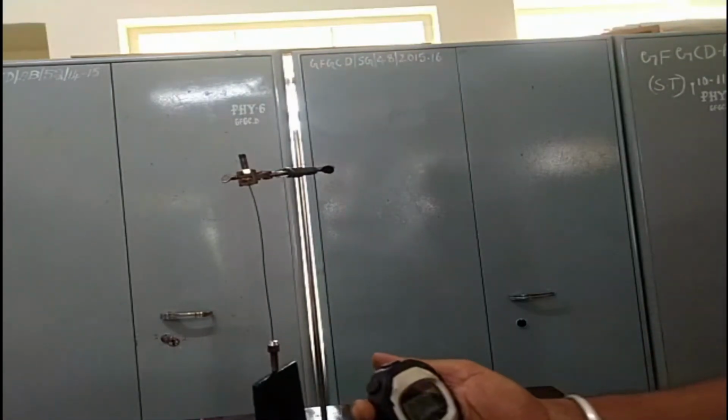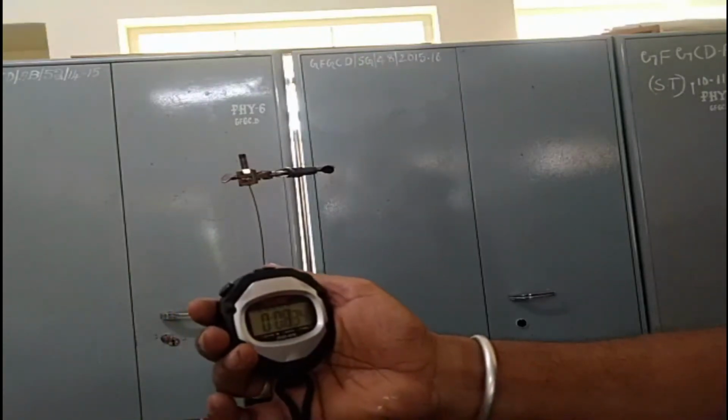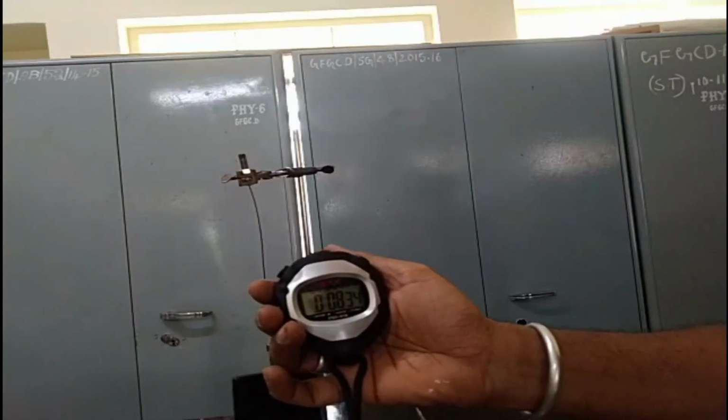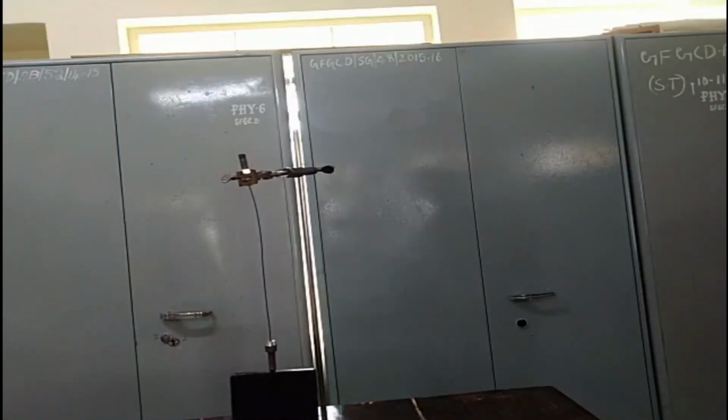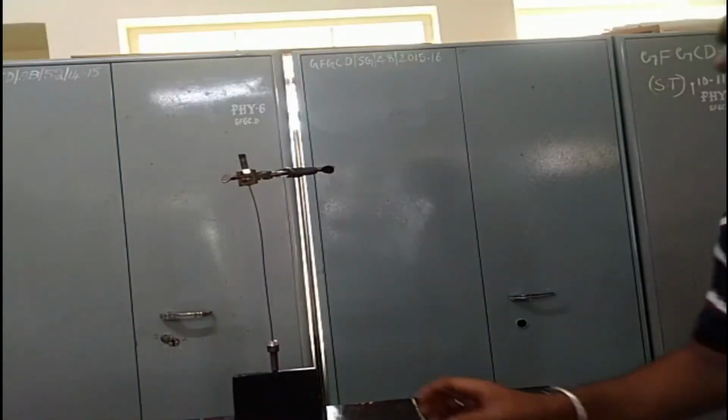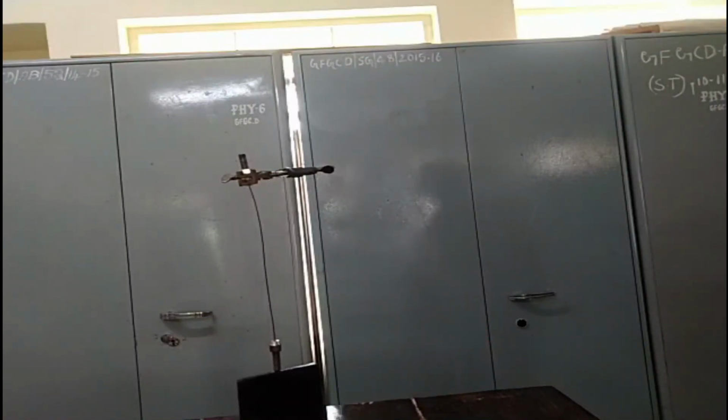In this case the time is a little less, showing 8.34 seconds. So you repeat the experiment for another 2 trials to get the mean value, and further you can calculate the period of oscillation. This period of oscillation is called Ty, when the axis passes through the center of gravity and is perpendicular to the breadth. The previous one, when the axis passes through the center of gravity and is perpendicular to the length, is called Tx, and the corresponding moment of inertia is Ix.